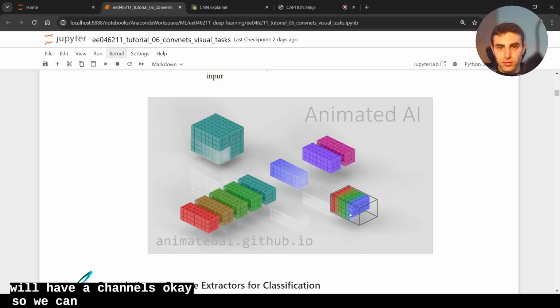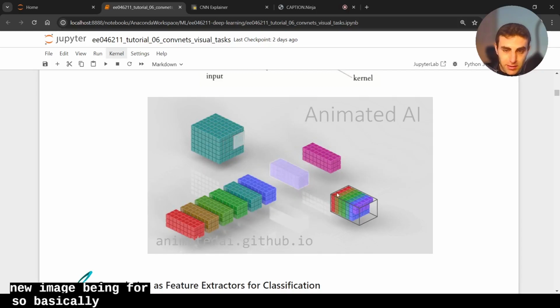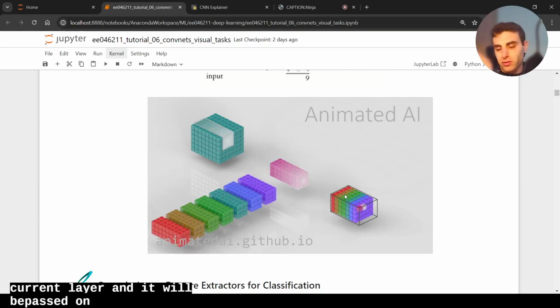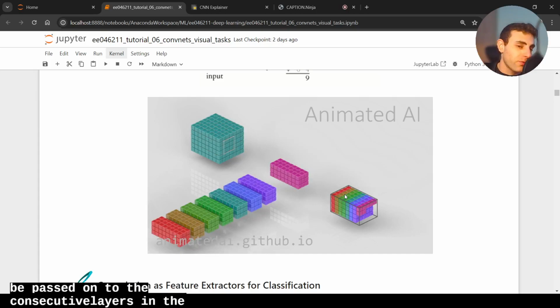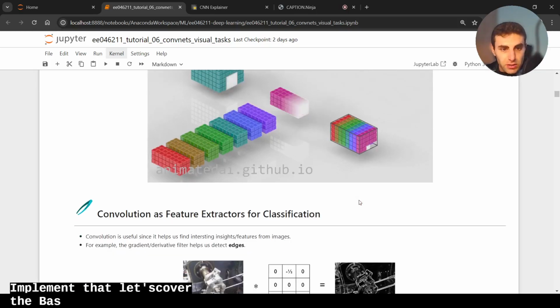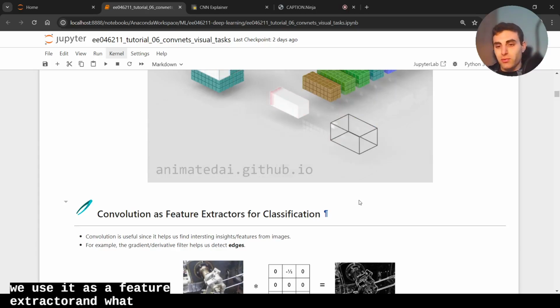So you can see the new image being formed. So basically, this is the output of the current layer, and it will be passed on to the consecutive layers in the convolutional neural network. But before we actually implement that, let's cover the basics. So let's dive deeper into what is convolution and how we can use it as a feature extractor,